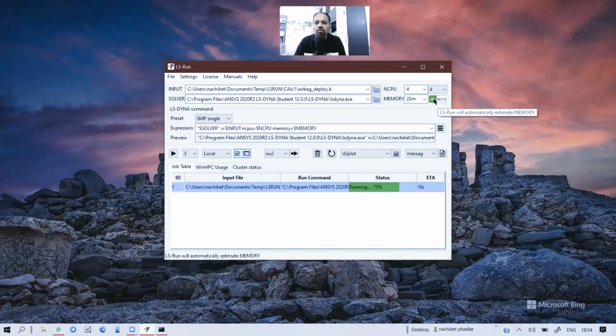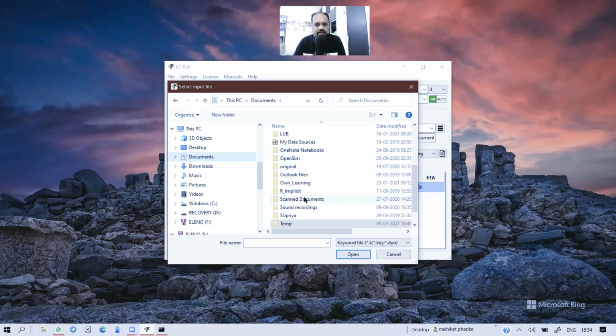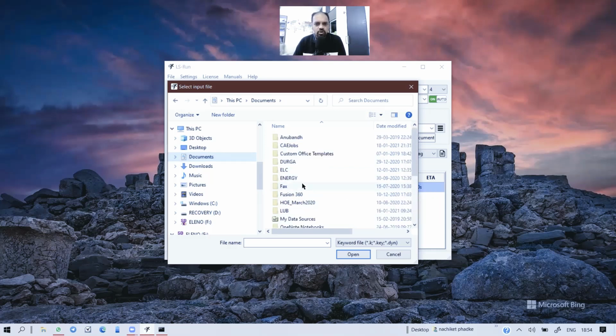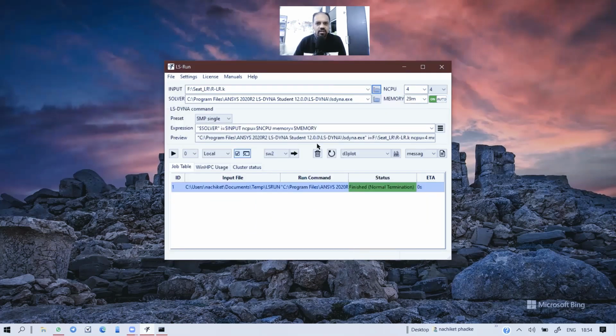So you can simply go to on, and you can, according to the file size, memory is going to change. So I'll show you the example. If I just go for any of my current data, let's say some students data, if I have, or seat run I have, so I have some seating system calculations here. Let's say this is a big file, 9 megabytes file. Can you see this? The memory increased to 29 megabytes automatically.